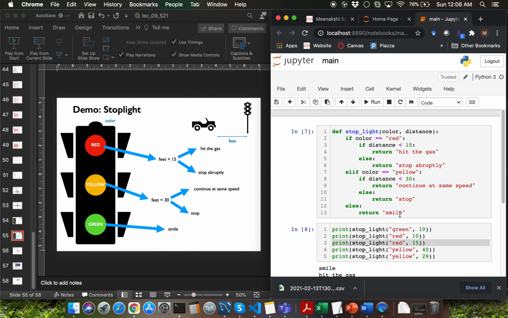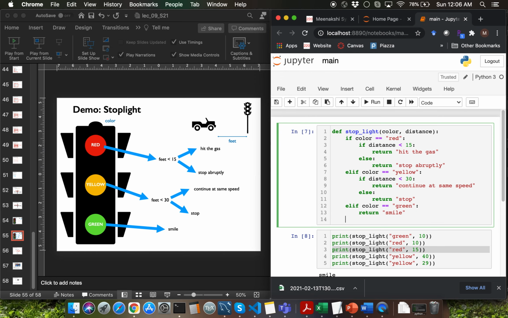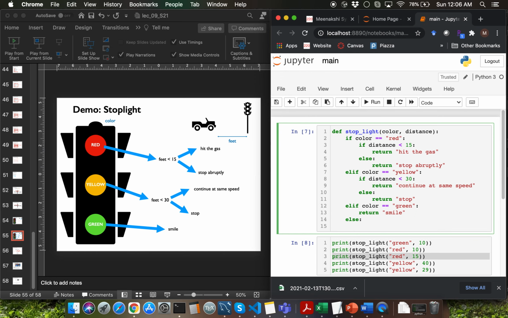How can we fix this particular issue? We can explicitly use an elif for the green color to check if color equal to green. Then we can add in a final else which is going to return invalid color.